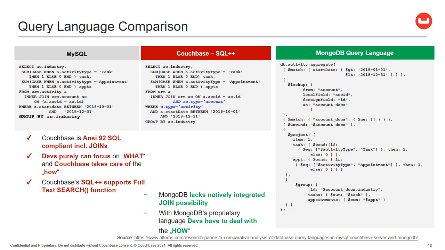Just a quick comparison of SQL++. I want to drive this home because it's one of my favorite things about Couchbase, the query language. So on the left here is MySQL. This is a popular relational choice, and that's a relatively straightforward but not trivial SQL query there on the left. And on the right-hand side is a popular NoSQL database and the equivalent query in a non-SQL query language. Now in the middle here, we've got Couchbase using SQL++. And you can see it's just as concise and declarative as MySQL, but it's still using flexible JSON like the database on the right. So flexible and familiar is what we're going for with SQL++ query language. It's one of my favorite things.